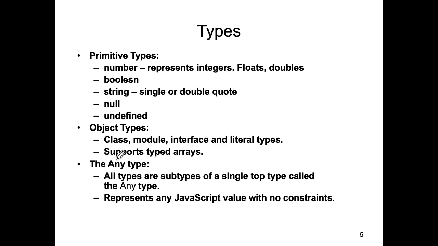TypeScript's type hierarchy, at the very top of the hierarchy, is the any type. So you could have a variable and its type could be the any type, which really means it can hold any type of value. Now it's something we try to avoid at all costs if possible. But there is this notion of really, if a TypeScript variable's type is the any type, then we're really back